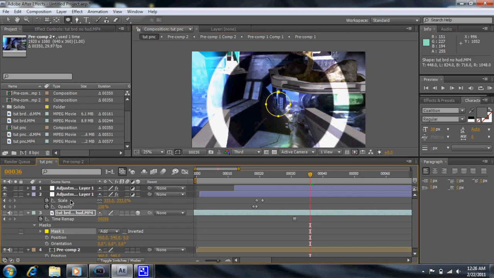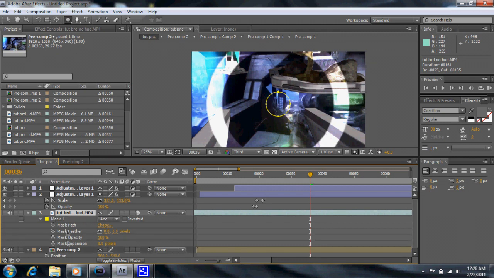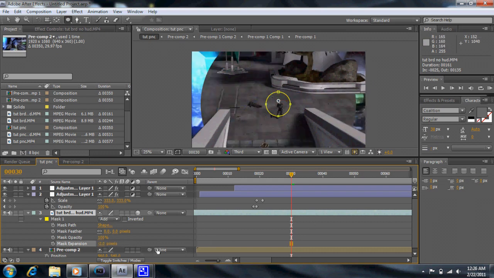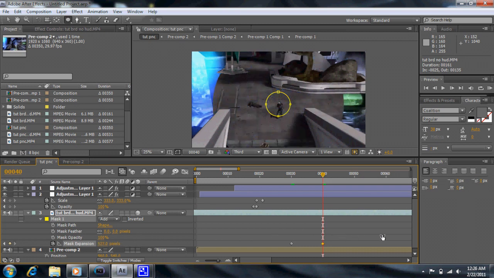Okay, wonderful. And then bring that mask expansion up. Double tap M to bring these up, by the way, if you couldn't figure that out earlier. And head on down to where this is smallest. Bring this back in, and you can see this is looking all tiny. Let's just make sure this makes it. Alright, wonderful. So bring the expansion down to be like minuscule, like you can't even see it. And then keyframe it, and then just go along until you reach the end, and then you're gonna want to bring the expansion all the way out,